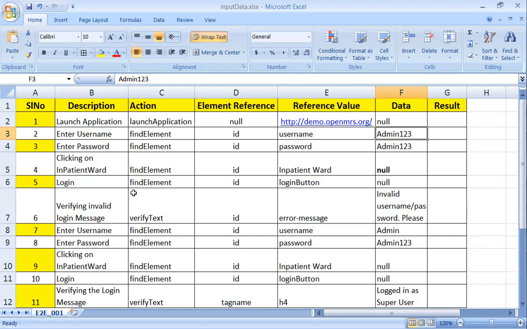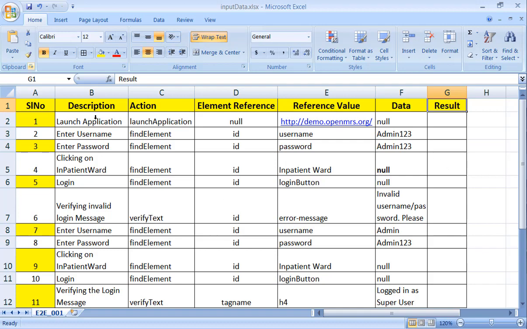Totally 1, 2, 3, 4, 5, 6, 7 columns I maintained, and each and every column has a header: serial number, description of the test step, action we're going to perform, element reference, reference value, the data we pass for the statement, and the result, if we are doing verification, to update the Excel with the status as pass or fail.